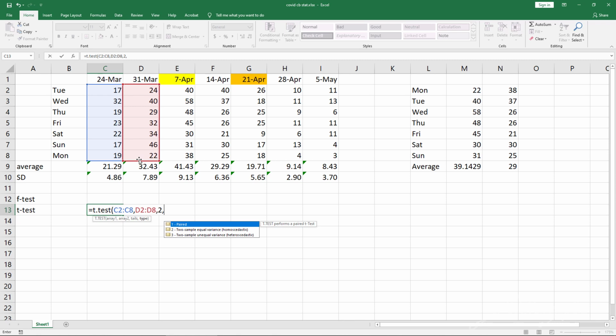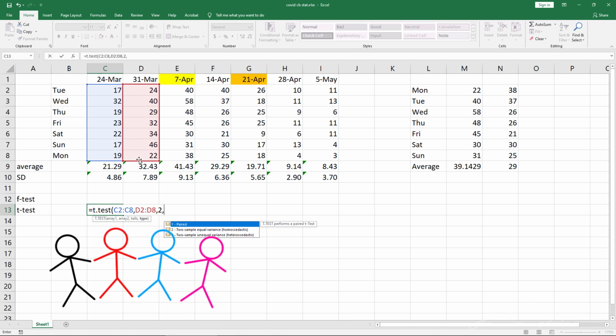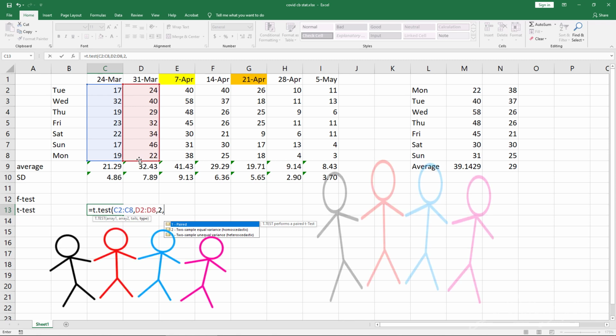As for paired t-test, the choice number 1, we will use paired t-test when there is association of first set of data compared to the second set of data. For example, let's say you have a class of students, the height when they were in Set 1 and their height when they are graduating in Set 4. So this is where it makes sense to use paired t-test, because let's say Tom, Dick and Harry,